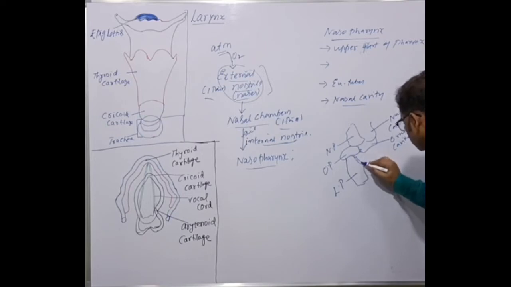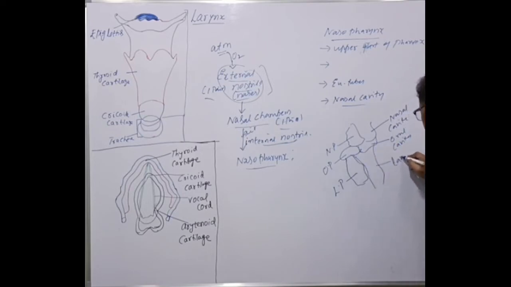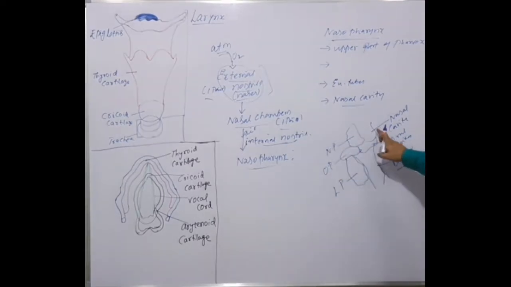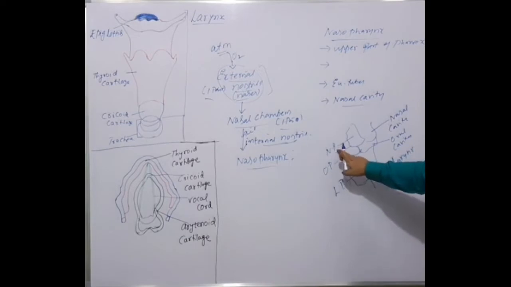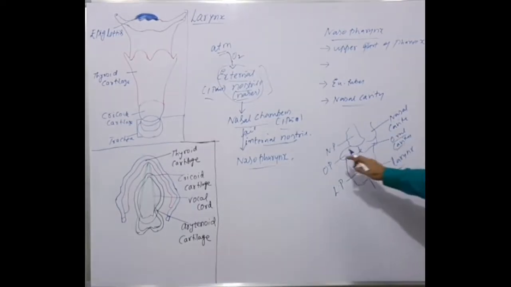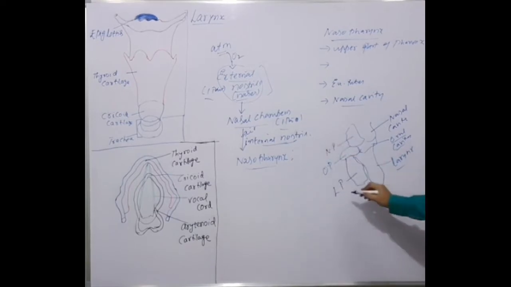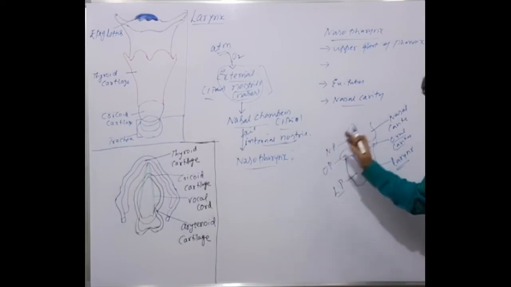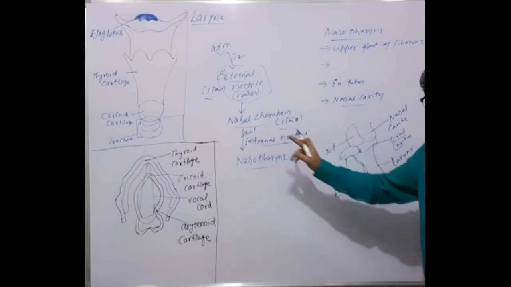The larynx. This is the larynx here. That is, the nasopharynx is connected with the nasal cavity. That's why the name nasopharynx. The oropharynx is connected with the oral cavity. That's why oropharynx. And the laryngopharynx is connected with the larynx. That's why it's called the laryngopharynx. We have already discussed this in one of the sections under the digestive system along with the diagram. Do you remember this one?